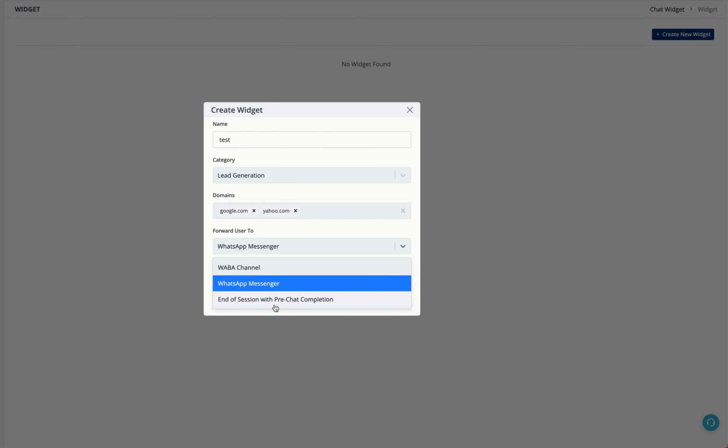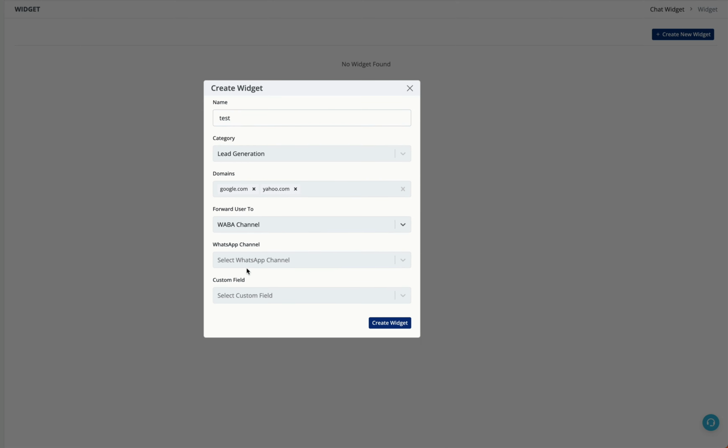And the third option is only the chat widget shows up, and once the pre-chat form is completed, then the session ends. So there is no destination to WhatsApp at all. So for now, I'm selecting the WABA channel. Now select your channel here from drop down